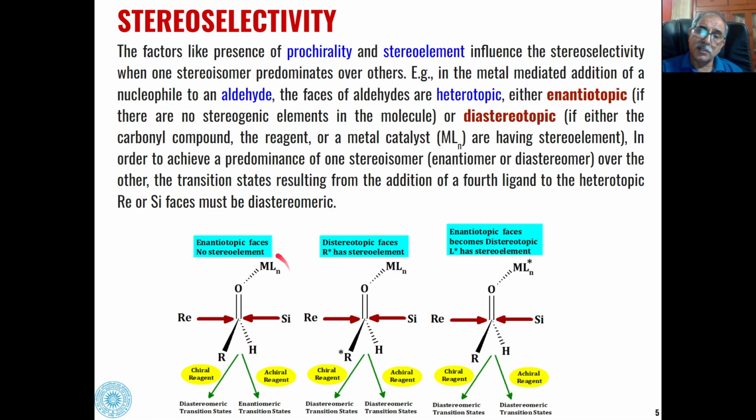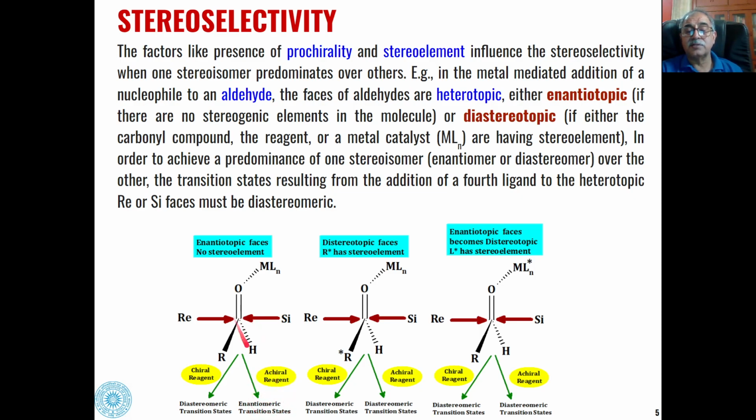Neither stereo element is present in this metal ligand complex. So when this is treated with a chiral reagent, it will pass through a diastereomeric transition state to give us the product. Whereas when this is reacted with an achiral reagent, the stereoselectivity will be achieved through